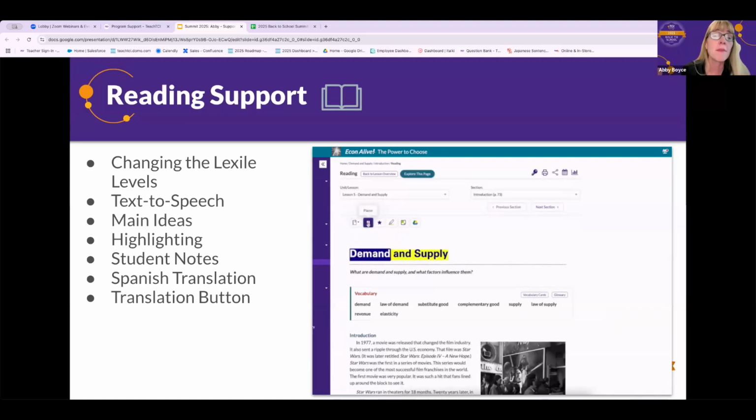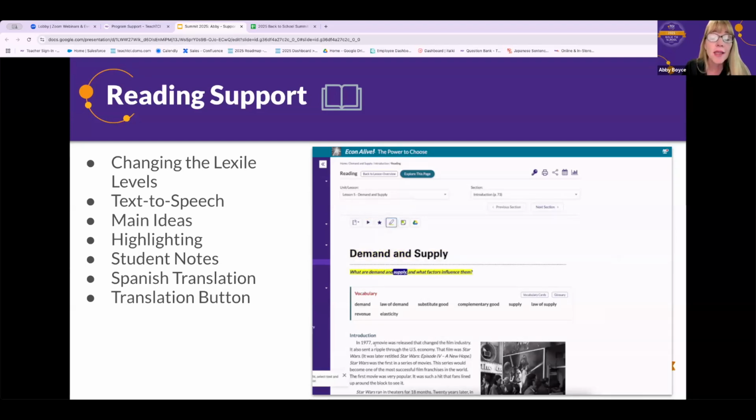This will actually pop out 75% of the testable text. So a lot of times you'll ask students, where's the main idea? And a lot of times they'll guess and say, oh, it's the first sentence. They're not always wrong. Sometimes it is the first sentence, but as you go up in the grade bands, and the text becomes more complex, many times it's not the first sentence. So this will assist and help them. And again, that's a setting that you can control underneath your teacher settings, whether or not you want them to have the ability to utilize that tool.